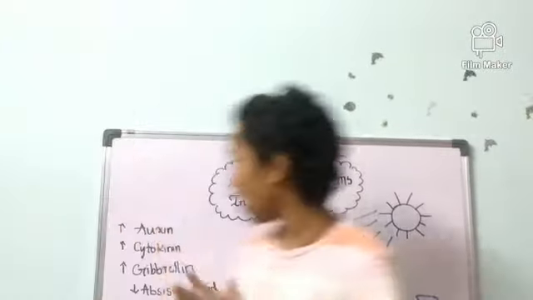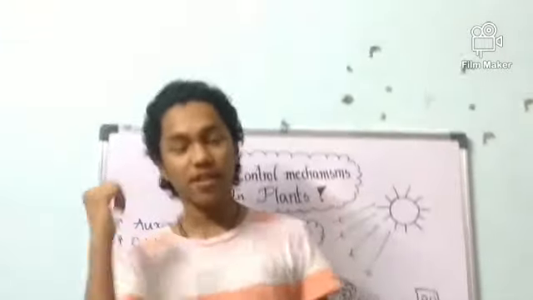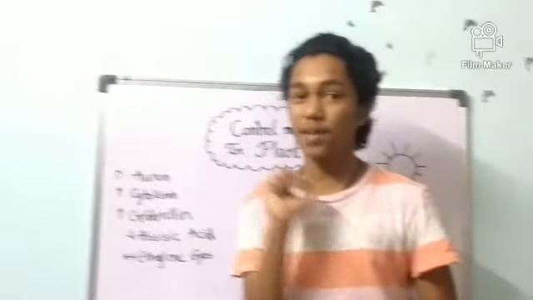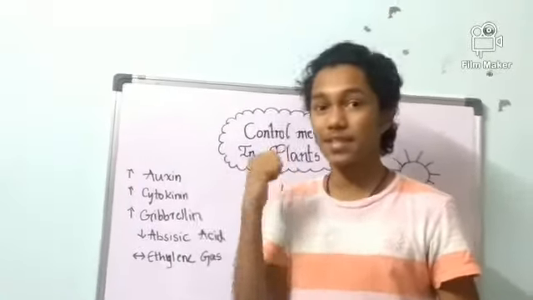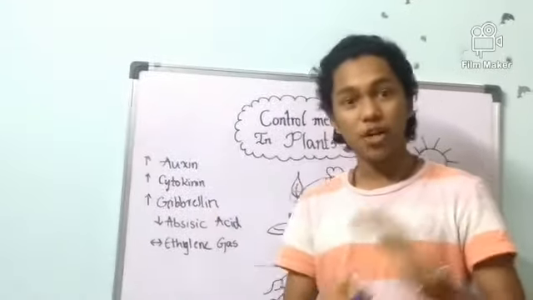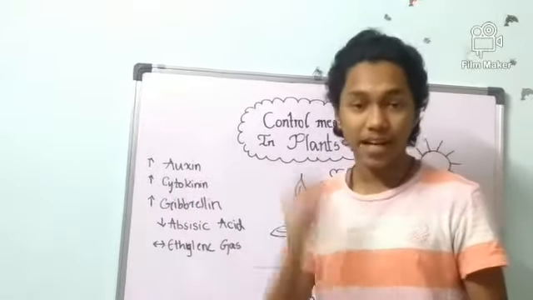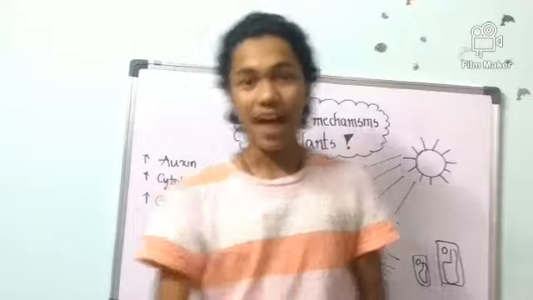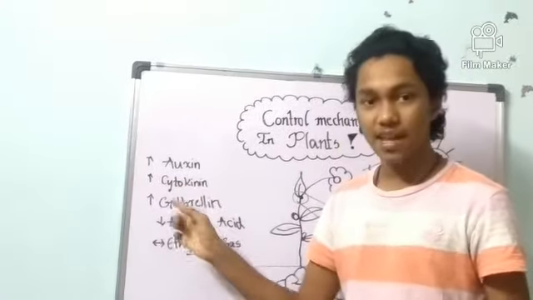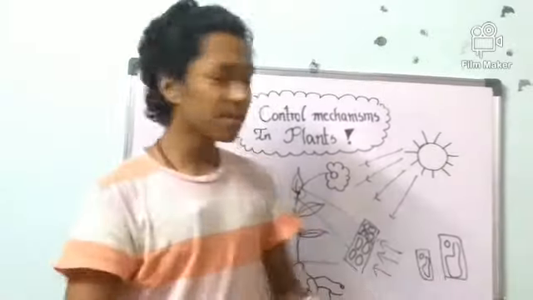Okay, the next hormone that you see is cytokinin. Cyto. If you are listening to this name, you might wonder if there is something linked between cytokinin and cytoplasm. Well, cytoplasm, cytokinin, everything has one common thing, that is cyto. Cyto generally means cell and kinin here means division. Cyto means cell, that almost every one of you knows, and kinin means division. So what happens here is